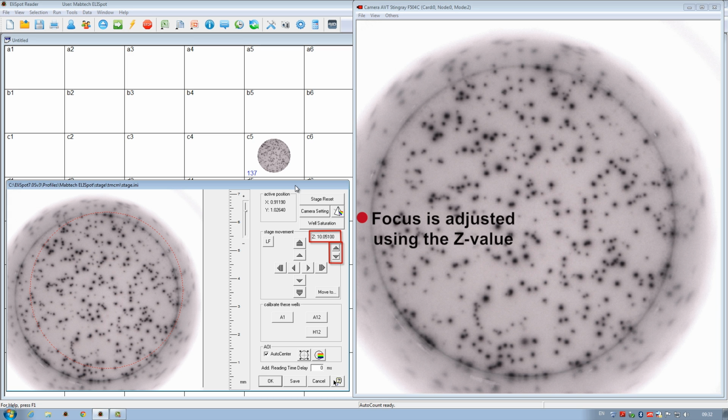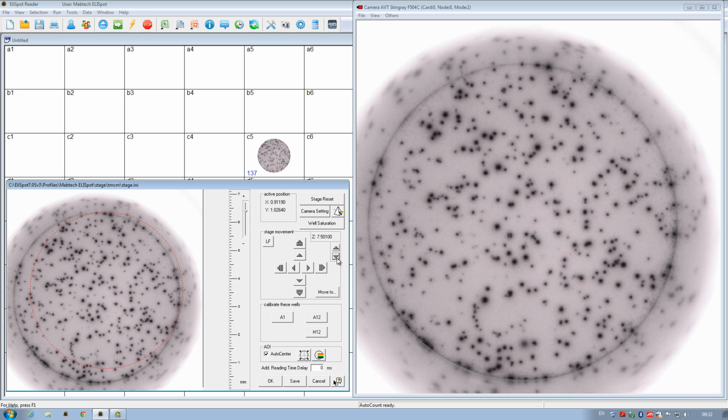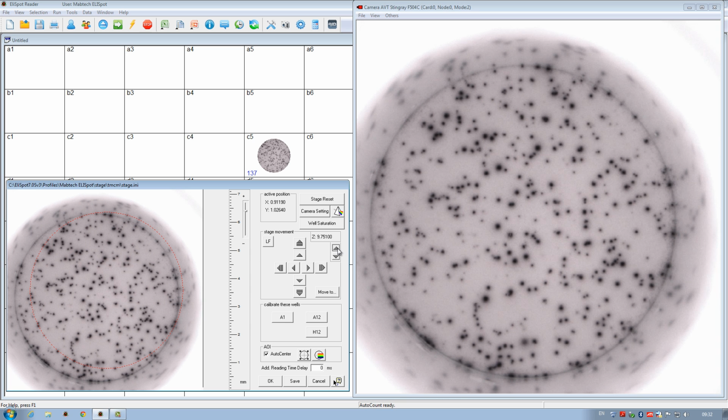Small little buttons up and down allow the user to change the focus in real time. What I like to do here is get a feel for where the focus is located. That is, I start by lowering the Z value. I then quickly realize the focus becomes better. I then go further down, past the point of focus, where it obviously becomes very fuzzy. I then stop and go back up again. Doing this back and forth will eventually give you a sense of where the focus is the best.